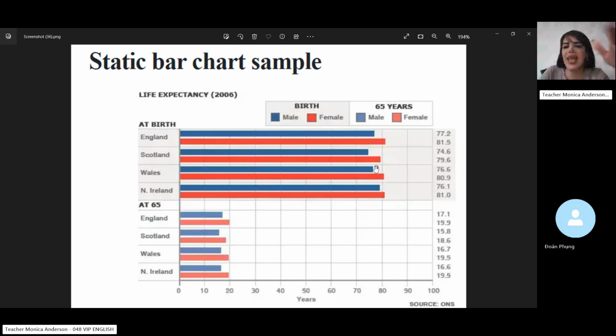So the second step is from Wales. Wales, of course. Very good. So now we're going to write. Wales is the second lowest at the figure is